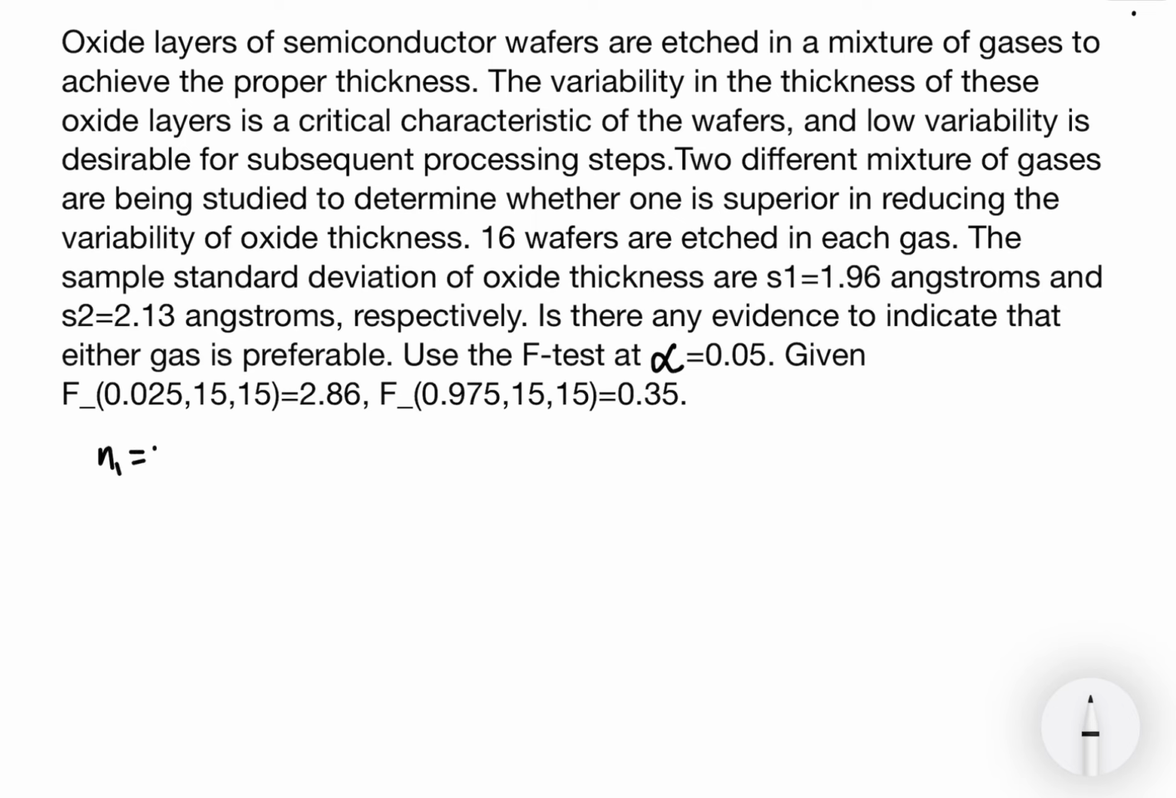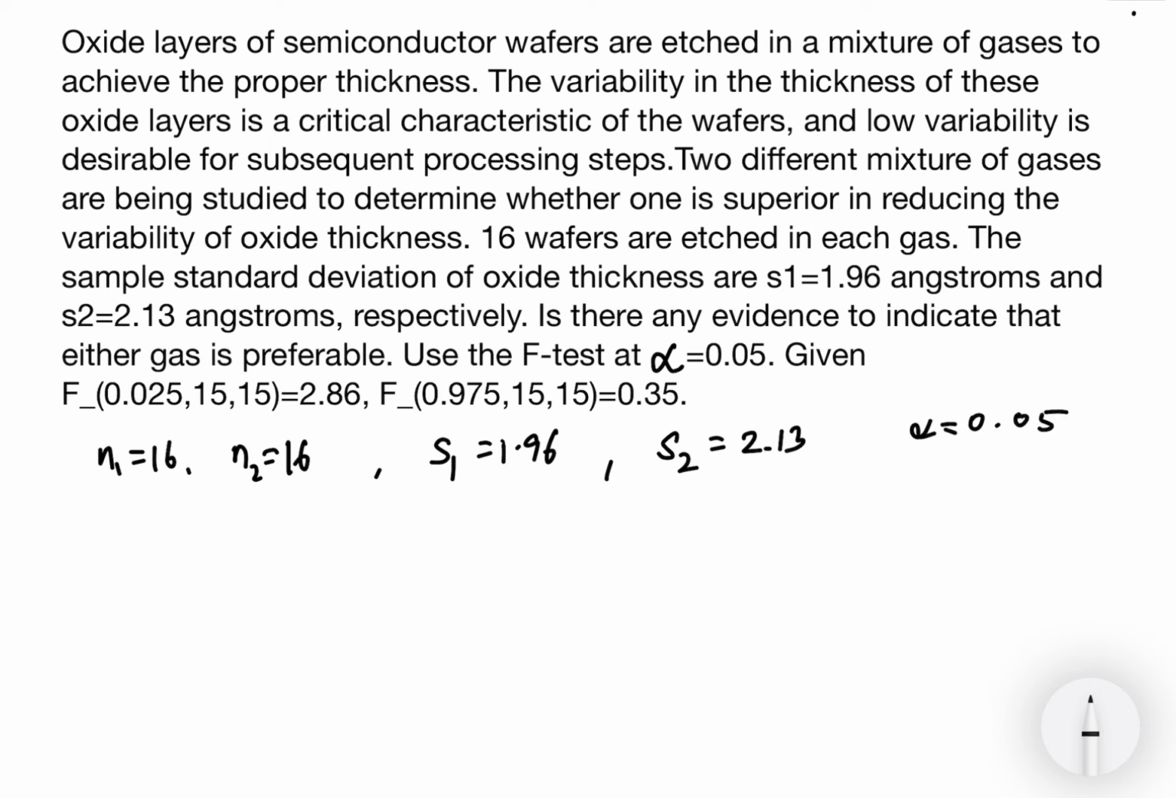So n1 is equal to 16, n2 is equal to 16. The sample standard deviation of oxide thickness, or s1, is equal to 1.96 angstroms and s2 is equal to 2.13 angstroms. So here the standard deviation is given, not the variance. Is there any evidence to indicate that either gas is preferable? So that means is one gas preferable over the other, or is gas A preferable over gas B, or B preferable over gas A? So here they're asking us to use the F test at alpha equal to 0.05